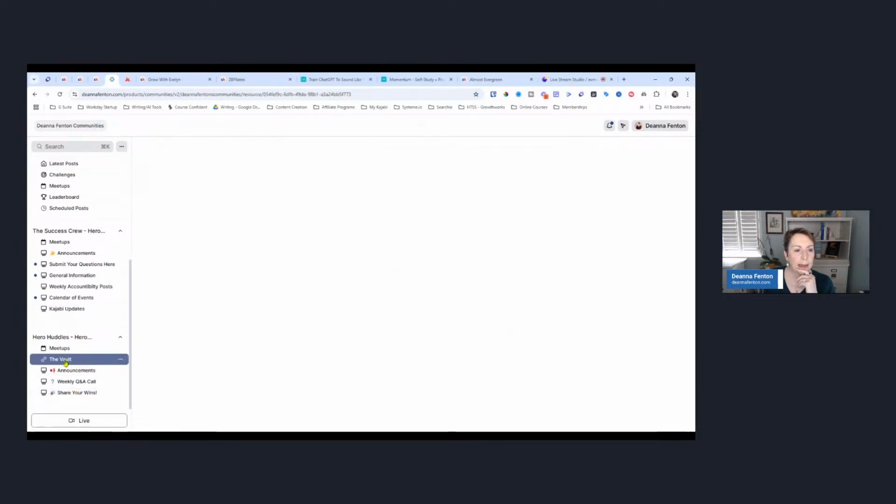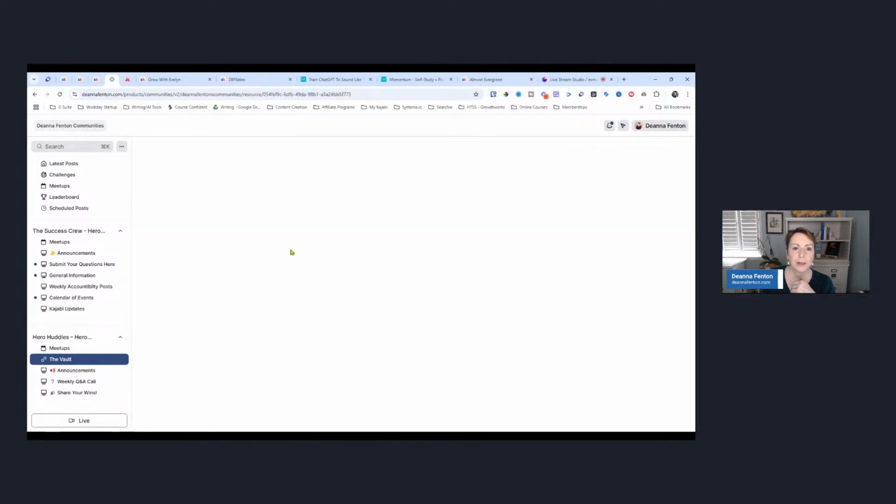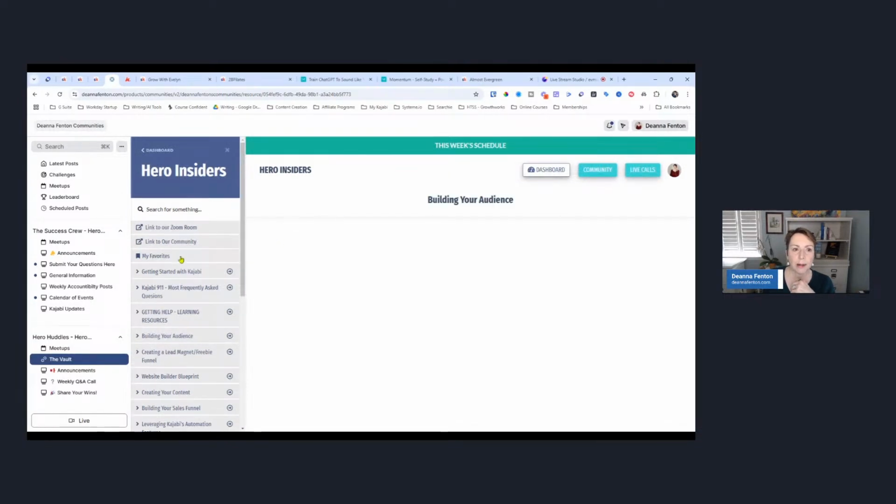And I've created a custom page that pulls in the product that the Hero insiders have. So Hero Huddles is the access group for Hero insiders, and they can click in here to access the product that's in here.